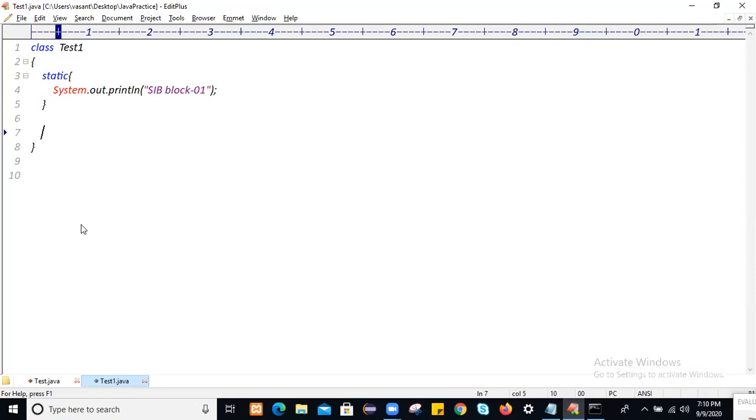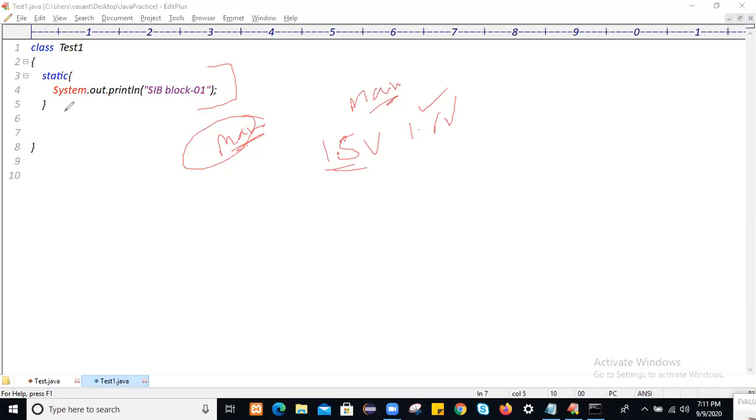I will come back to that. Actually, guys, to execute a static block logic, the main method is mandatory to keep within the class. Whether you are writing logics within the main method or not is not important, but the main method should be available within the class. From JDK 1.5 version onward, or from 1.6 onward, to execute a static block logic, the main method is mandatory within the class. Without the main method, we can't execute the static block logic.